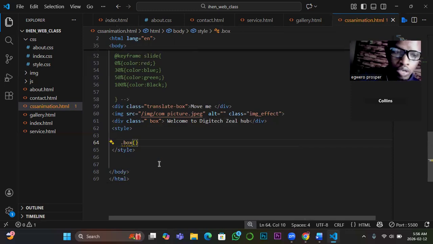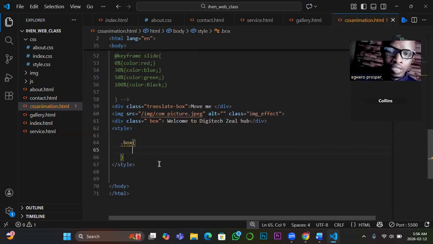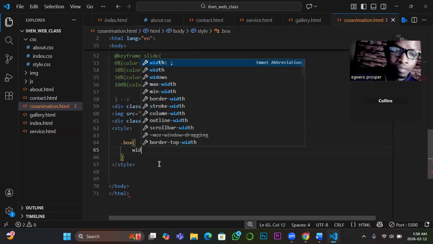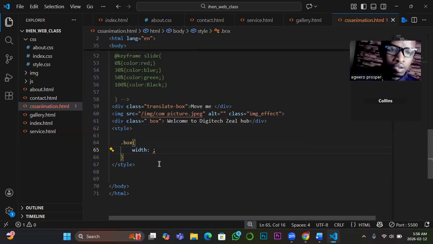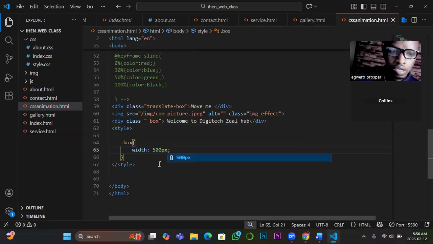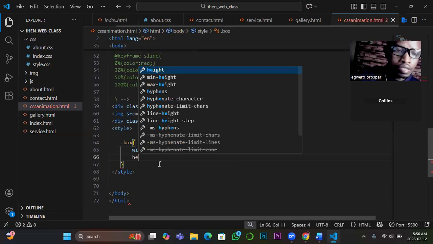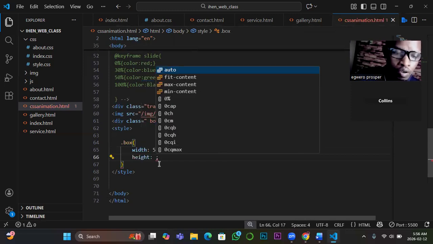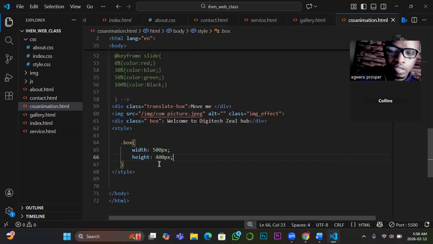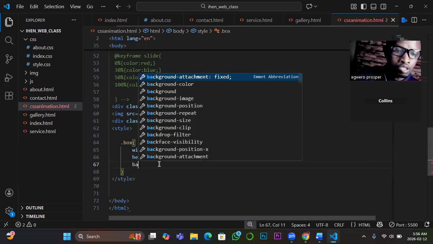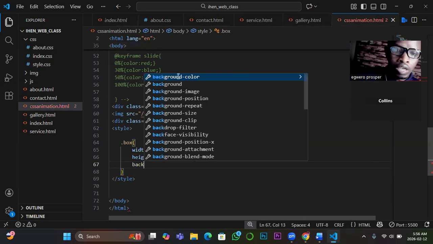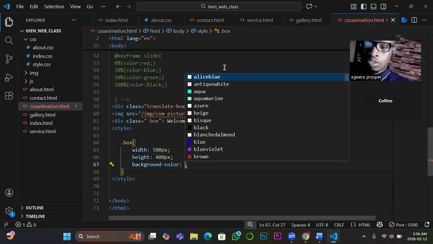Okay. So now this is the actual object. Let me give it some width without the animation. Let me give it some width, also 500 px. Then let me give it some height, let's say 400 px. Then let me give it background color. All these ones, they are just standard appearance of the elements you want to add the animation on. Let's say the default background color